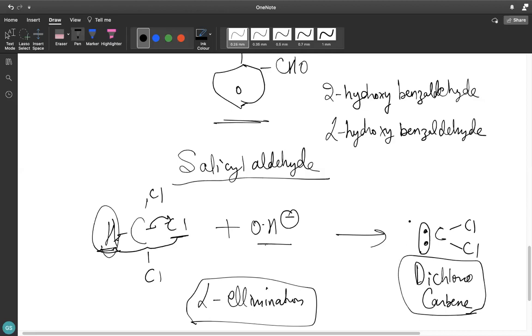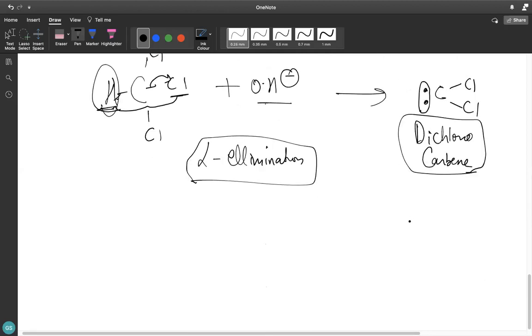Now carbene by behavior is basically an electrophile. Why is this an electrophile? Because carbon has two active electrons. It's just like having two children, two kids who are ready to get married, so now you have to find someone for them. These are really like a free radical, which has one active electron. And in this case, we have these two electrons, which are really very active. So it will behave like an electrophile.